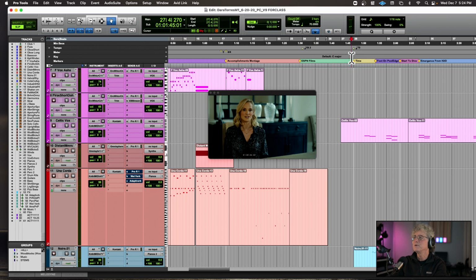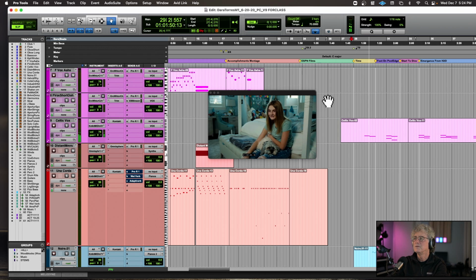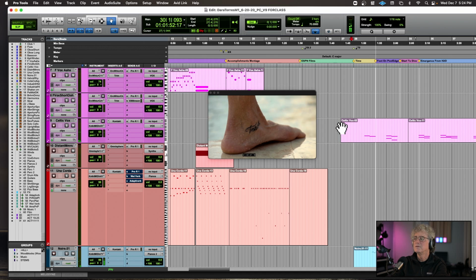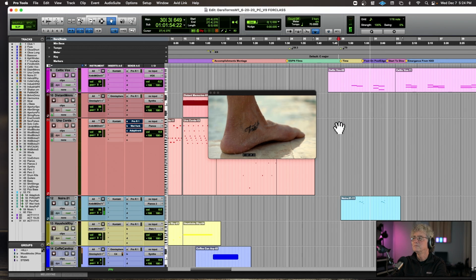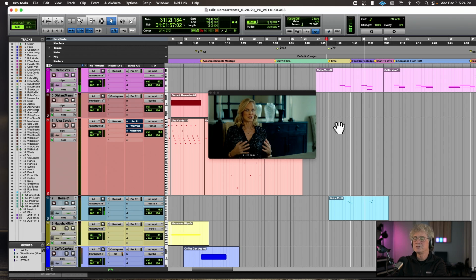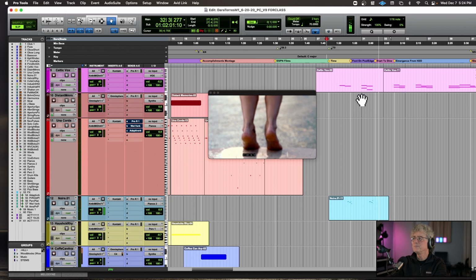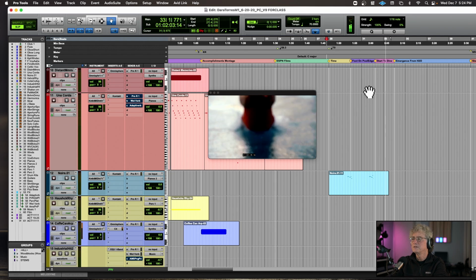So let's take it right from where the time is. Right, you notice there's pizzicato strings come in there. And now the short strings.